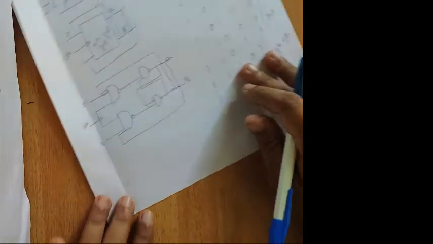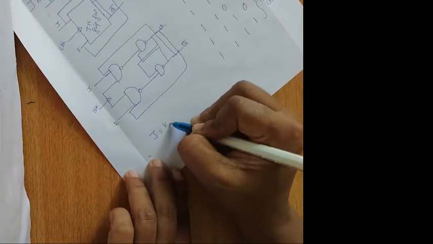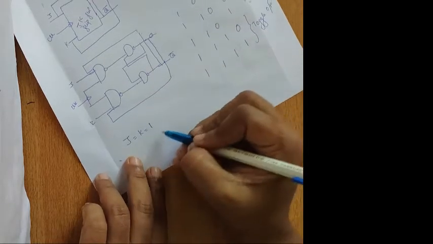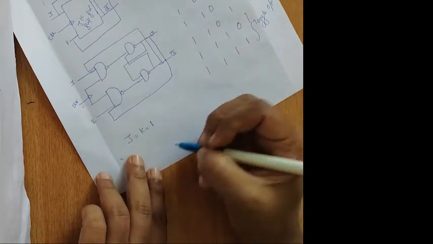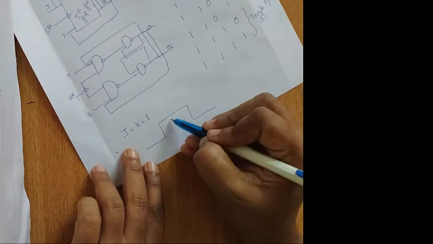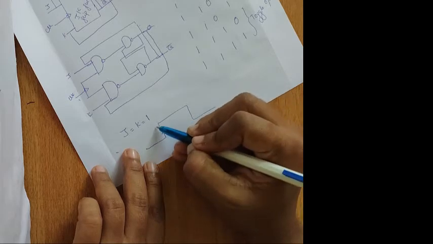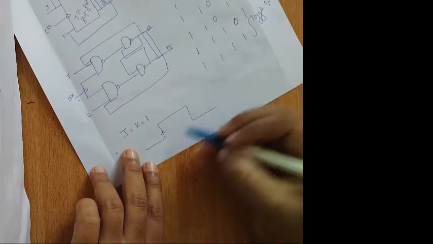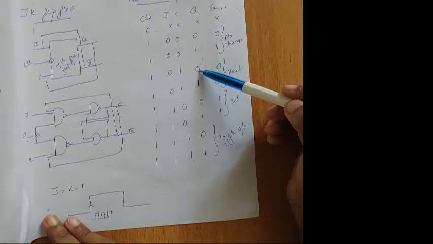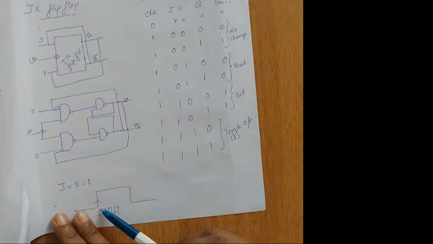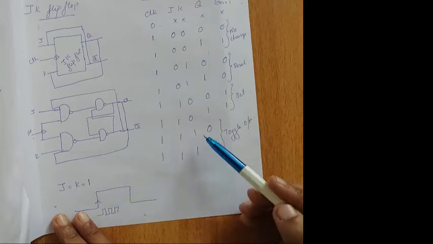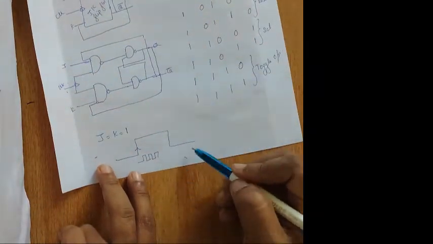That means when J is equal to K is equal to 1, when both the inputs are high, what happens? You're giving a clock pulse over here. From the positive edge, when you're giving this clock pulse, it starts from here. The output will be varying a number of times. Here, it will be at the 0 level. Here, when you're giving 1-0, it will be in the high state. But here, it will go high, low, like that.